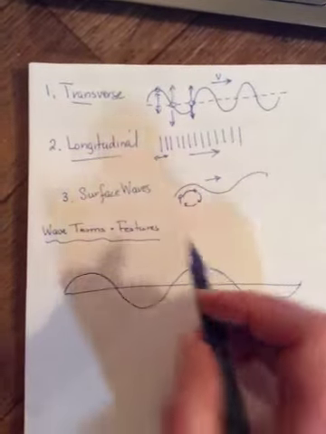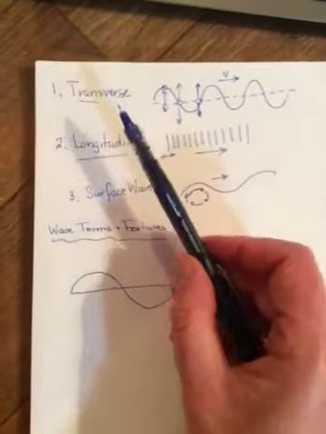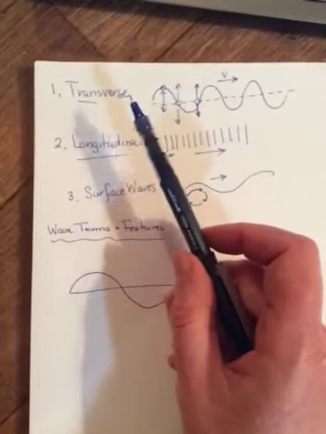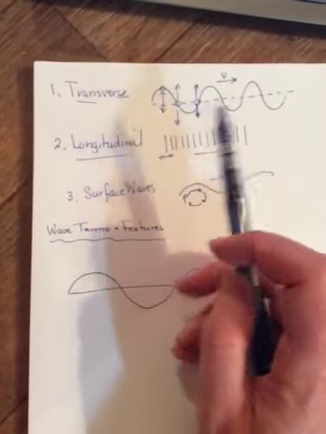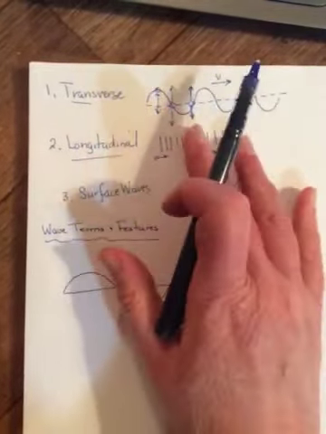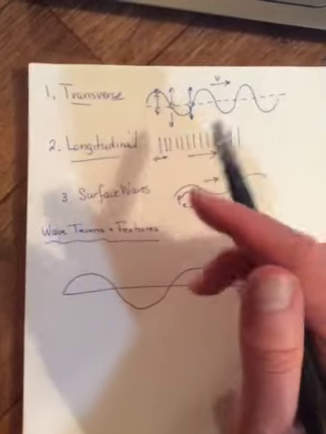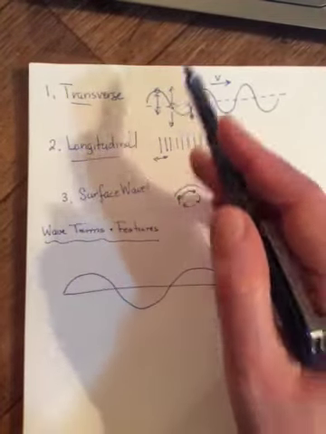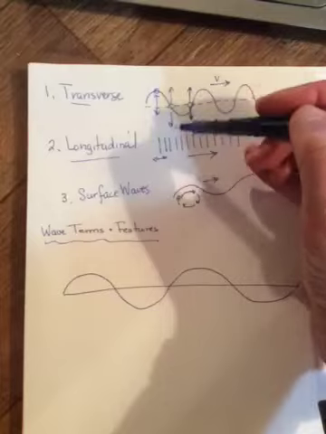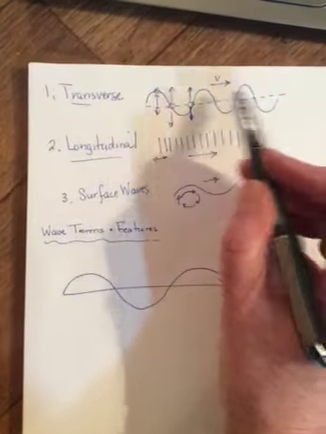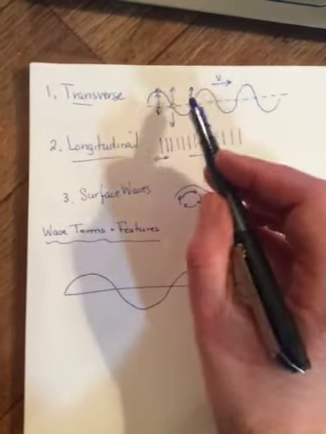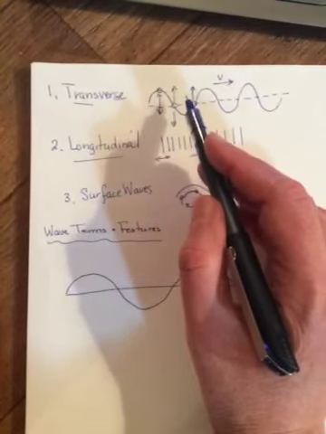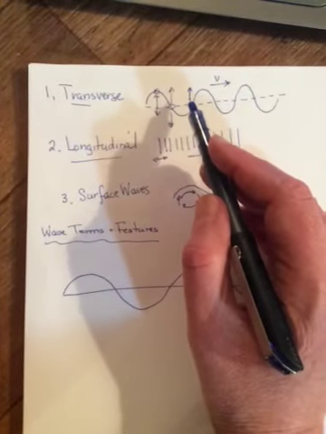Okay, so at the end of the last video, we had been talking about our different types of waves: transverse, longitudinal, and surface, which is based on the way the wave is making the particles move. So in transverse, the particles are vibrating up and down, but the wave is traveling perpendicular to it. And the easiest way to see this one is to think of what you do when you're